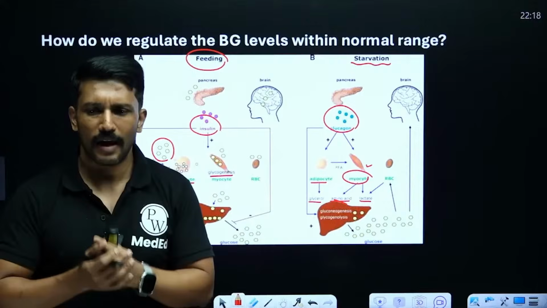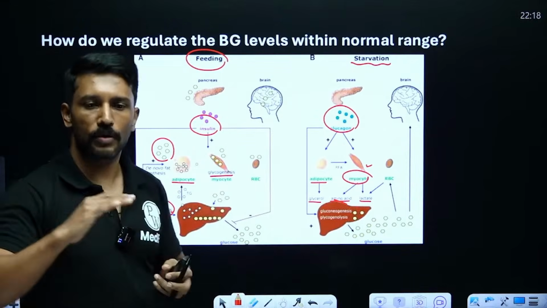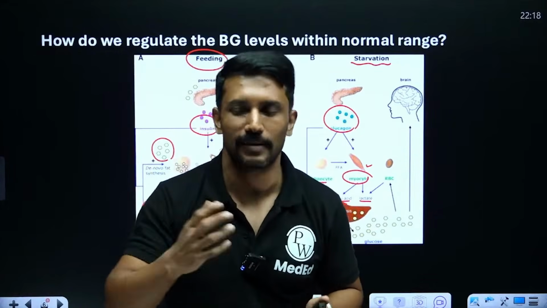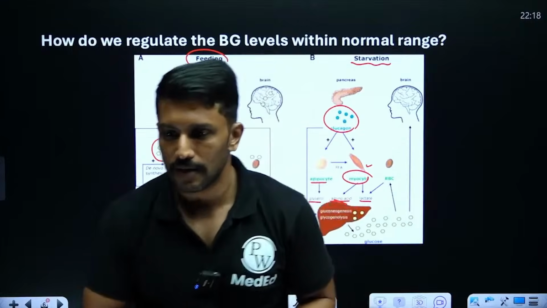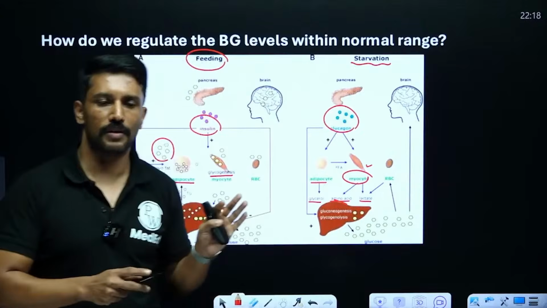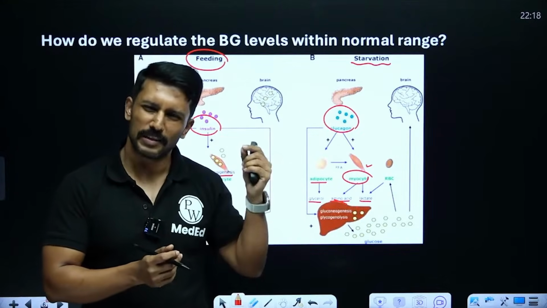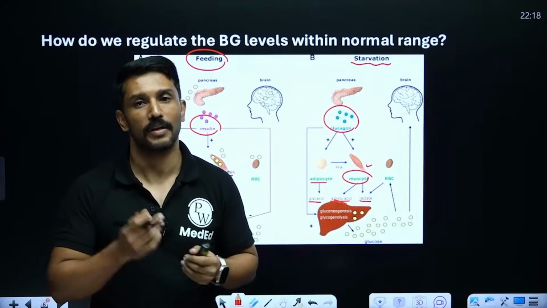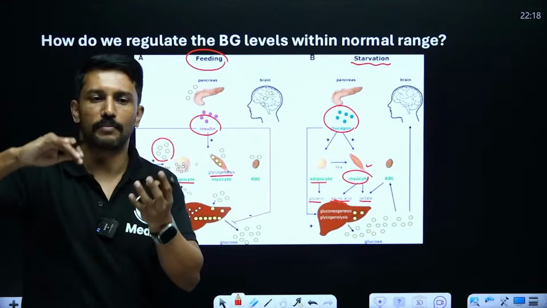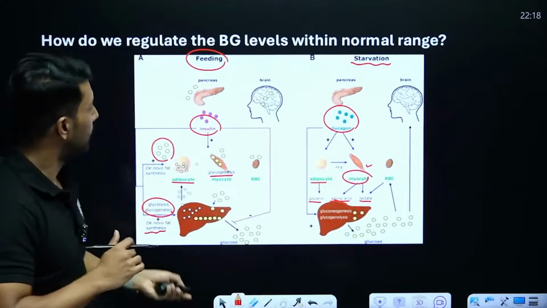Okay, now I have a question. How do pancreatic beta cells get to know that the blood glucose level has risen above the threshold and they now need to secrete insulin? Understanding this is crucial, because as we go forward and talk about the management of diabetes, this pathophysiological understanding is going to come in handy. I know that if blood glucose levels start rising, insulin will come, but how do the beta cells get to know that blood glucose level is rising?